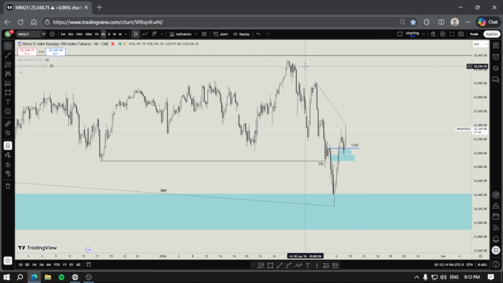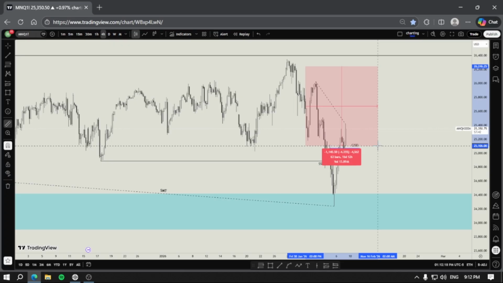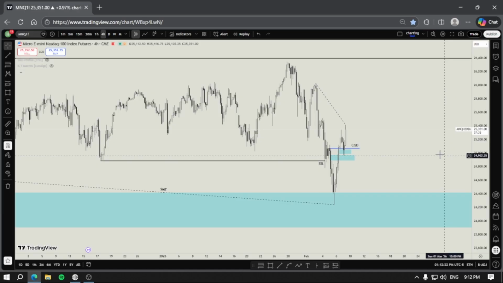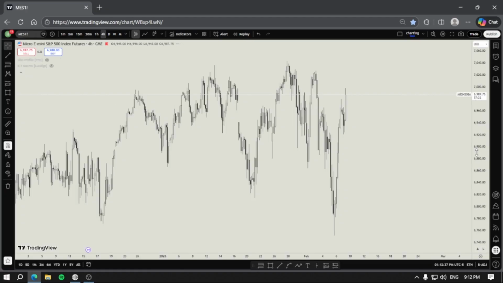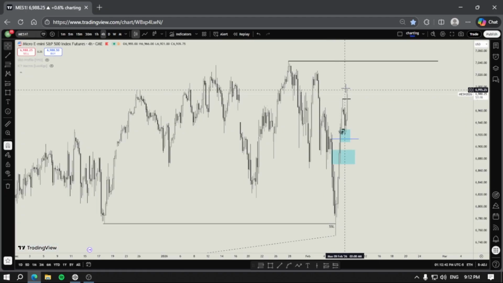In those types of conditions, you have to be confident with your draw on liquidity, right? I am confident with my PDA, so I'm not looking at those discorrelations. You know, this is a discorrelation, right? But this is not a valid SMT because this is against my draw on liquidity. There's an SMT right there, but this is just a discorrelation. People confuse it too much. This is not an SMT.